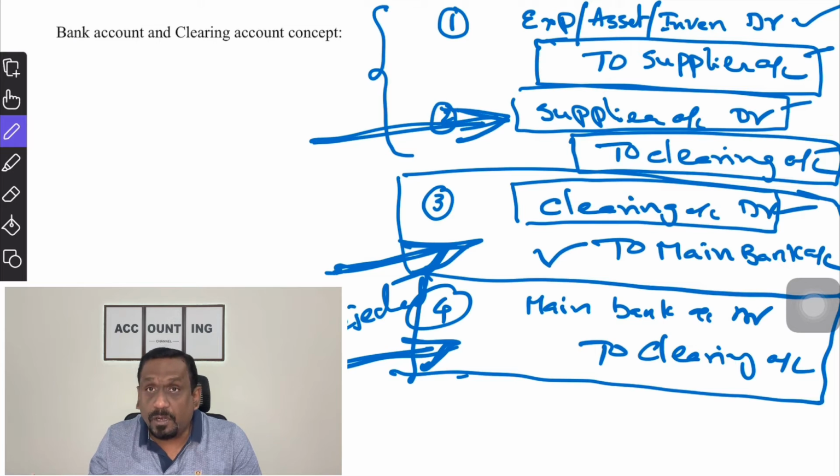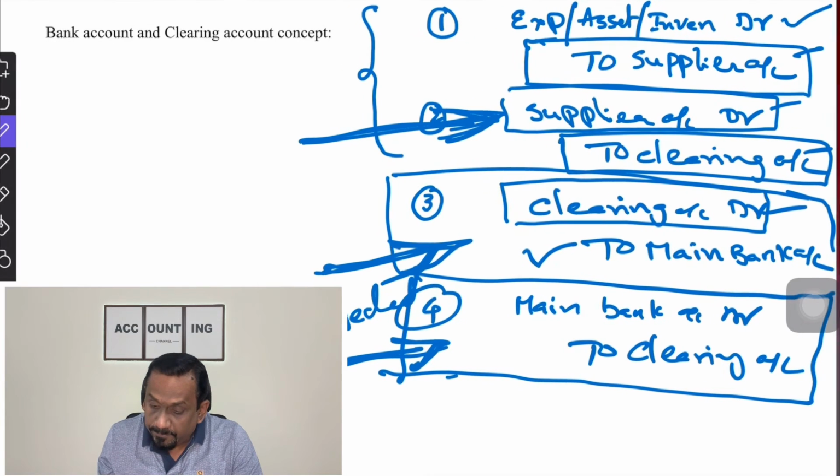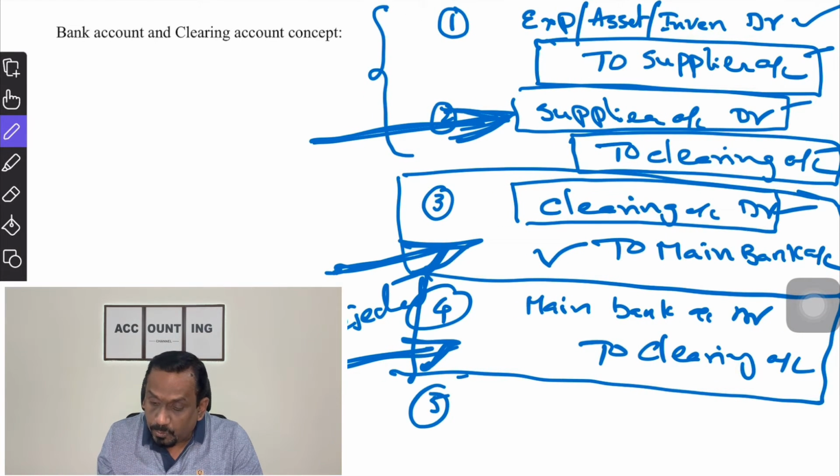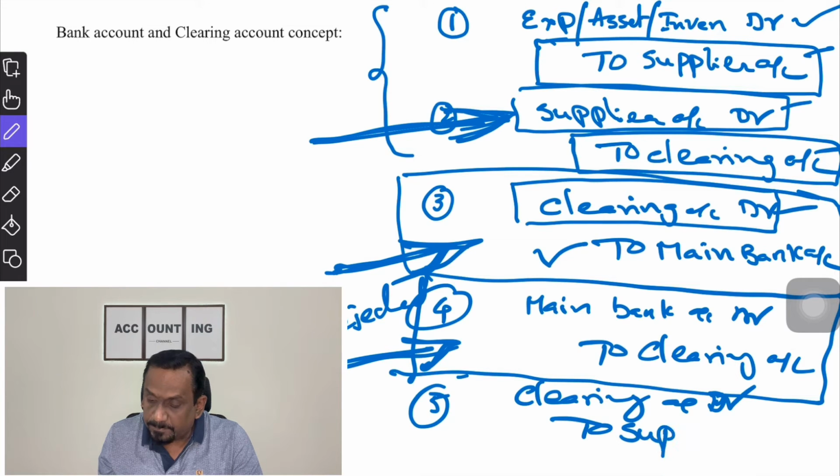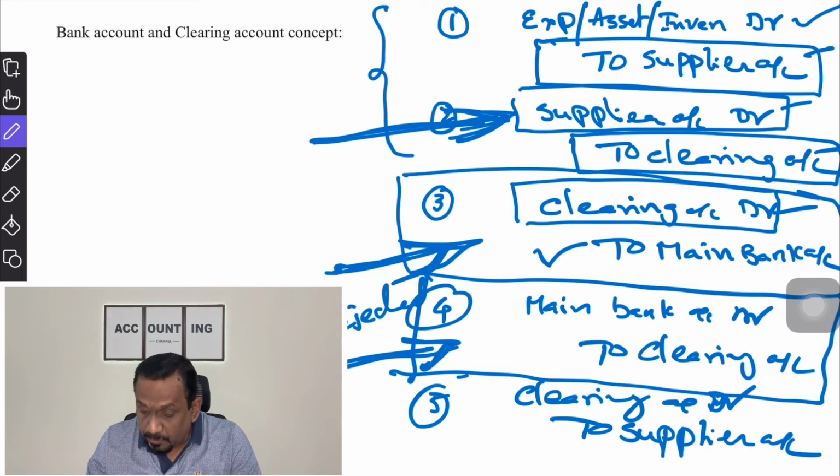Since the payment has not gone to the supplier, you need to reverse this transaction. What will happen to that entry? Fifth entry, you debit clearing account and credit supplier account. This entry you need to post